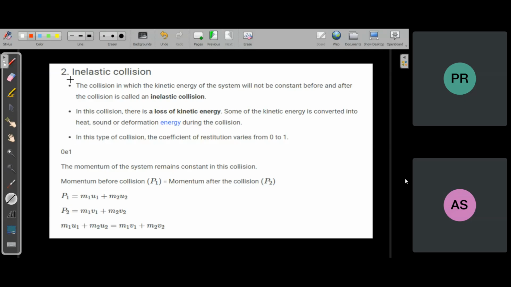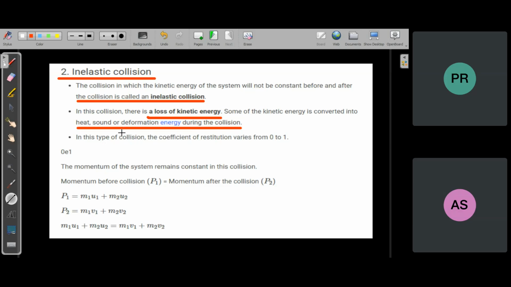Inelastic means that the kinetic energy just before and just after is not equal. Then we say the collision is inelastic. So if the kinetic energy just before and just after is not equal, it means that there is some loss of kinetic energy. What happened to that kinetic energy? That kinetic energy is lost from the system in the form of heat or sound or internal energy or whatever. That energy now cannot be recovered.